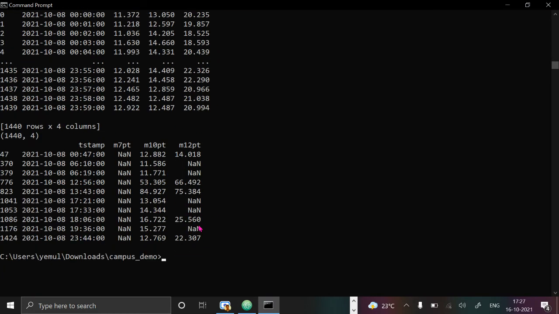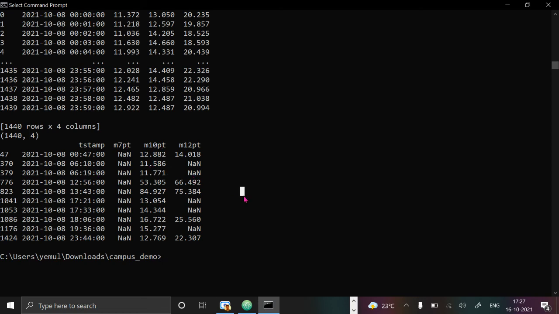Let's see. Yes. So now you can see I can identify which are the 10 minutes where the data was missing from M7PT. The power of M7 was missing at 1721, 1733, like this. So these are the times. Out of the entire 1440 minutes, at these particular minutes the meter might not have responded. The sensor might have failed, so it did not respond and created an empty data point there. Meanwhile, M10 has responded at the time.